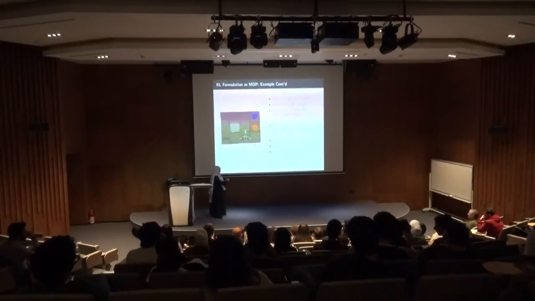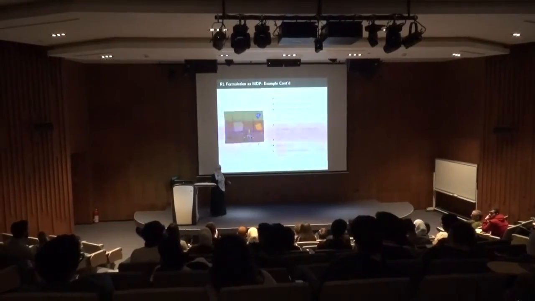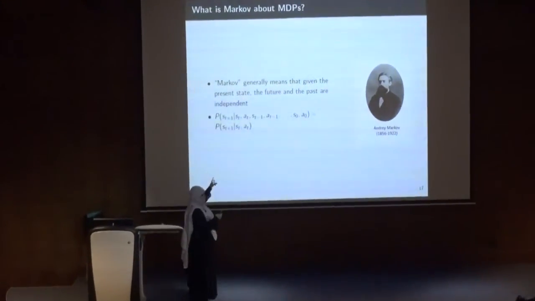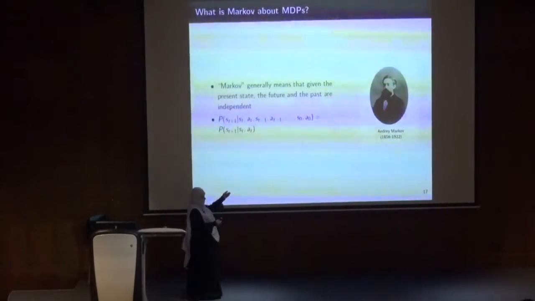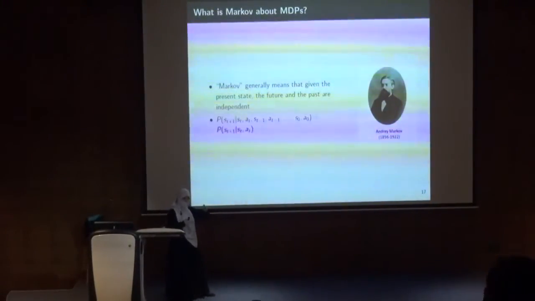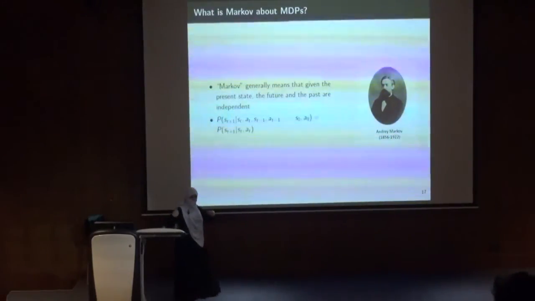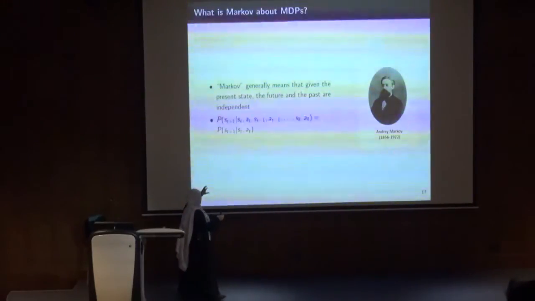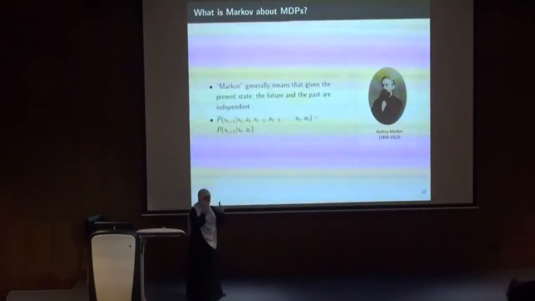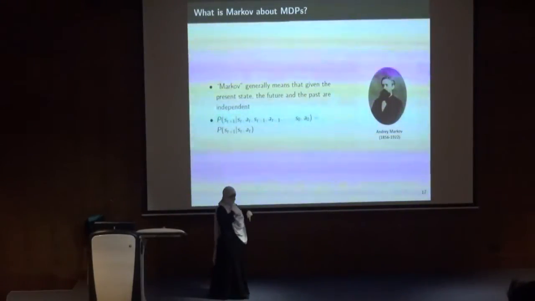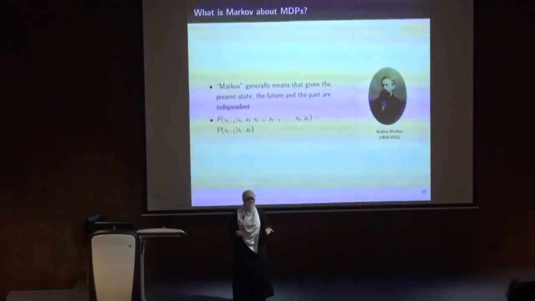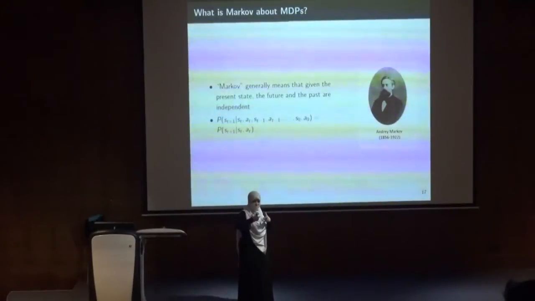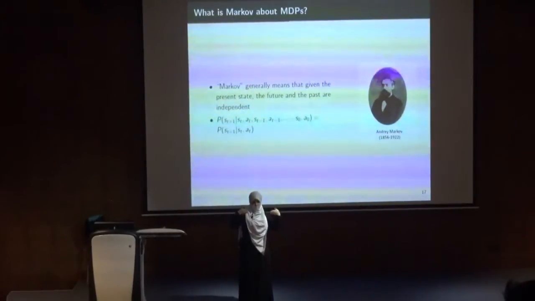So you took hidden Markov models, HMMs, in class? The Markov property tells me that the probability of being in state s_{t+1}, given that I was in state s_t and I executed action a_t, and previously I was in state s_{t-1}, executed action a_{t-1}, and so on till I was in the start state and executed the first action, is equal to the probability of ending up in state s_{t+1} just given that I was in state s_t. So if I'm now at this state and I executed a certain action and reached this state, the history doesn't matter, the previous states. What just matters is the previous state and action.